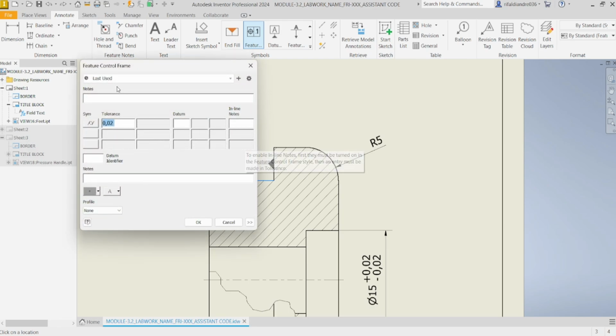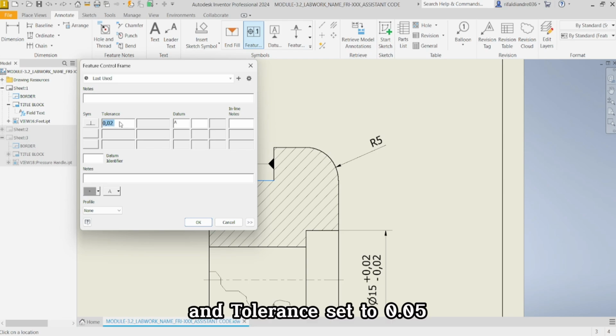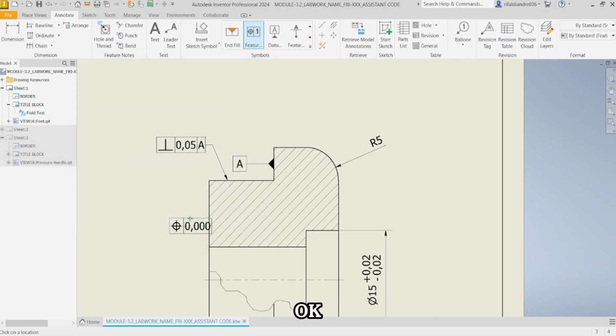In this feature control frame, for the symbol, we choose perpendicularity and set the datum to A. In tolerance, set 0.05. After that, click OK, and this is the result.